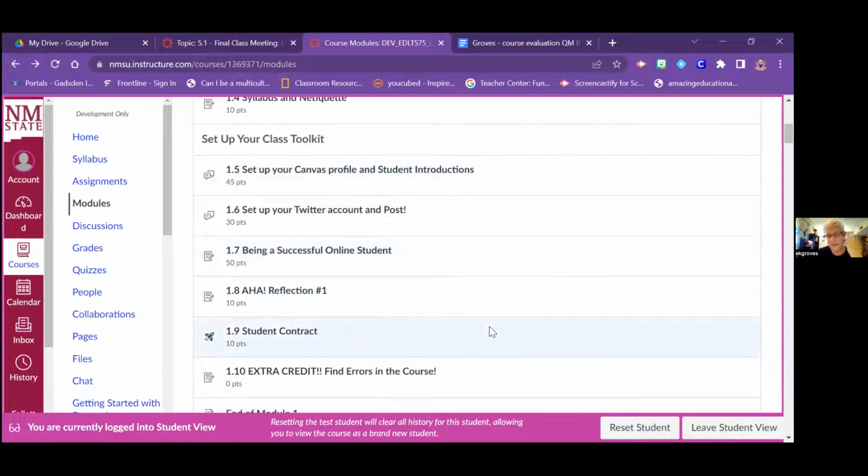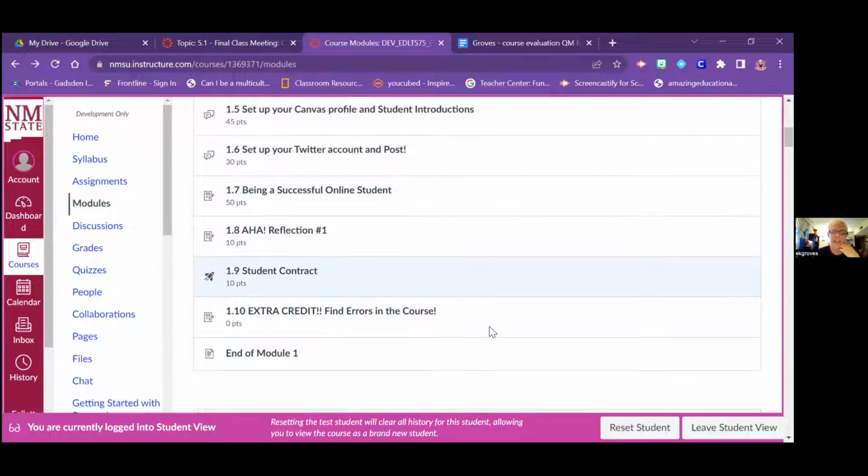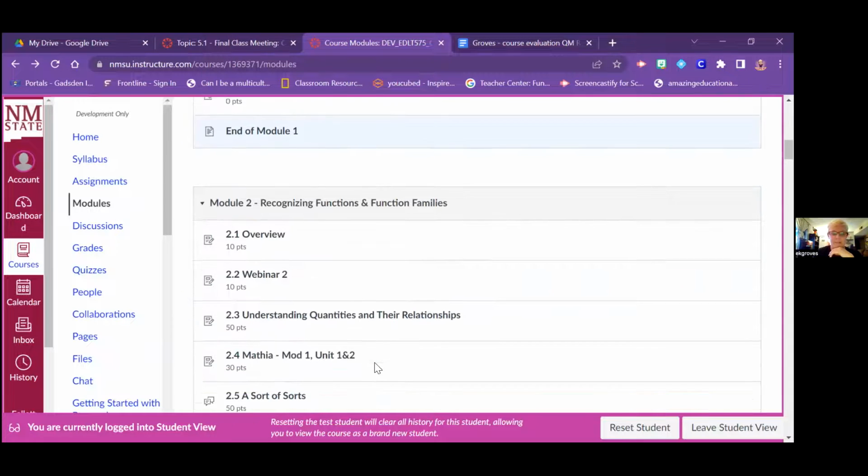Again, the first module is a lot, and it seems like a tremendous amount, but, and again, the extra credit with this class as well, I think it's fantastic. It's a great way to get everyone involved. And, you know, when you find a little typo or something like that, you can call out the teacher and you don't feel embarrassed. You get some points for it. So I think that's really important as well.